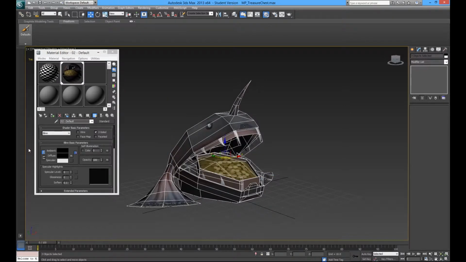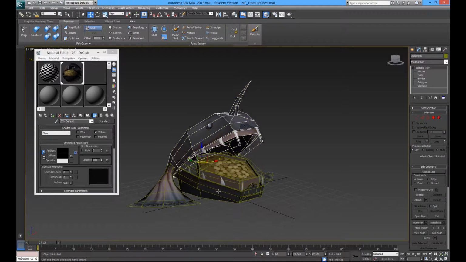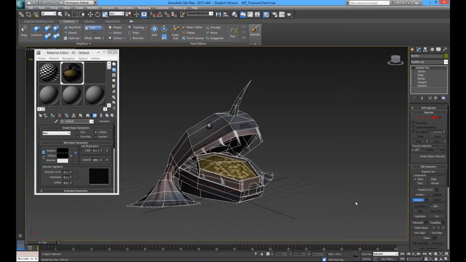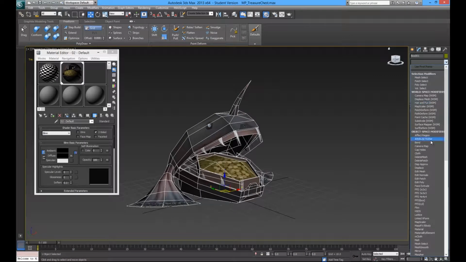Done. Right. And the next thing we have to do is generate a higher poly version. So I'm going to attach these two now, so they're all in one. I won't save the file, so they're still separate. And what we're going to use is mesh smooth, and it's important this because you can't use the same file twice to make this work. We have to use a higher poly one,